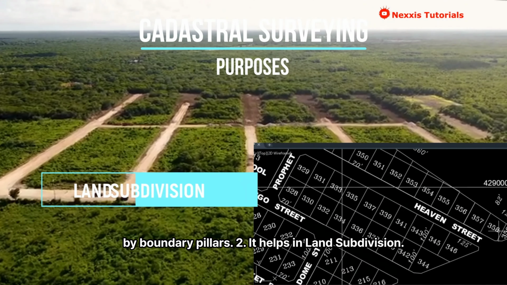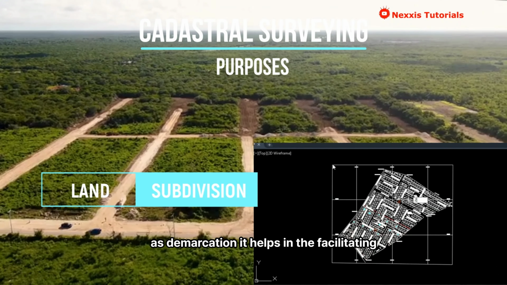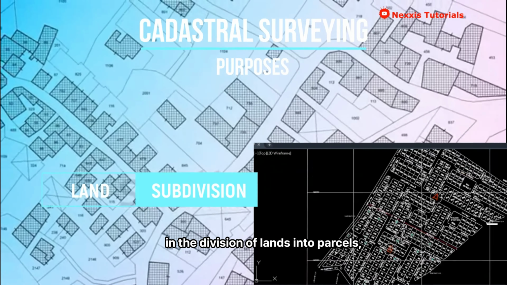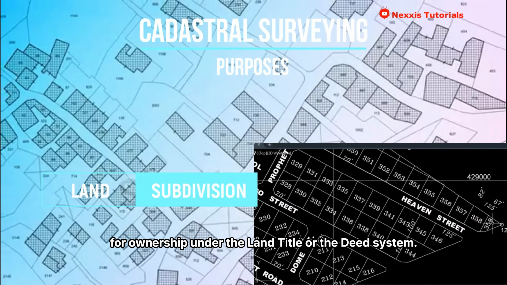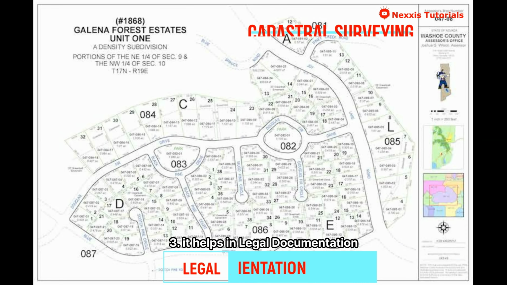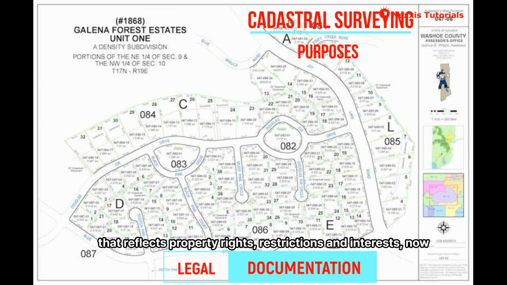2. It helps in land subdivision, what we normally call demarcation in Ghana. It helps in facilitating the division of lands into parcels for ownership under the land title or the deed system. 3. It helps in legal documentation, what's popularly known as land registration. It helps in recording boundary information for use in plans, maps, and legal documents that reflect property rights,